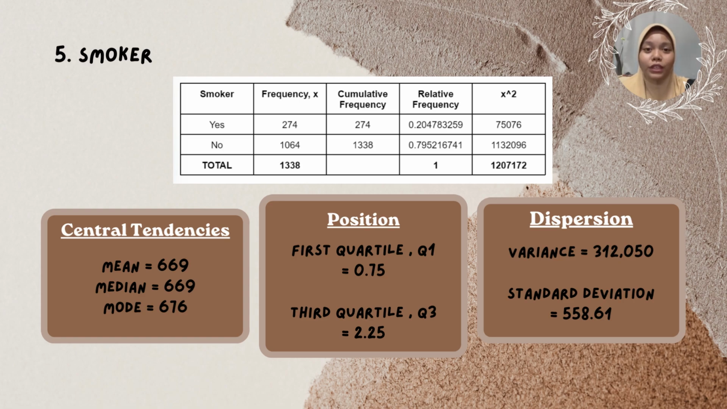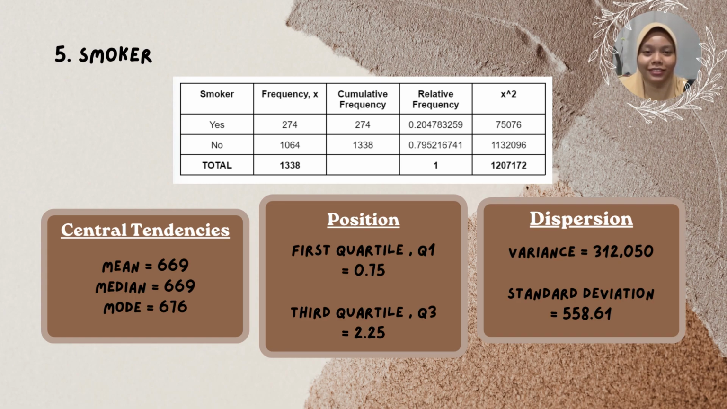For the last one, smoker, which is still a categorical variable, the central tendencies for mean is 669 and median is 669 and for the mode is 676. For measure of position, our first quartile Q1 is 0.75 and our third quartile Q3 is 2.25. And for the measure of dispersion, our variance is 312,050 and our standard deviation is